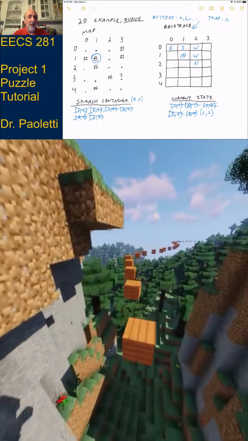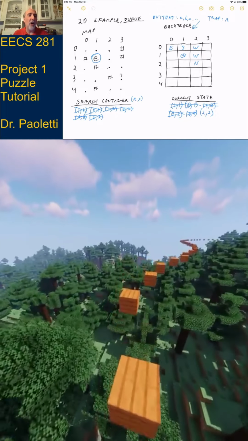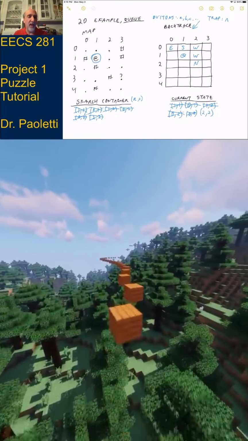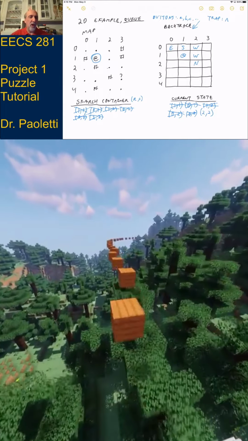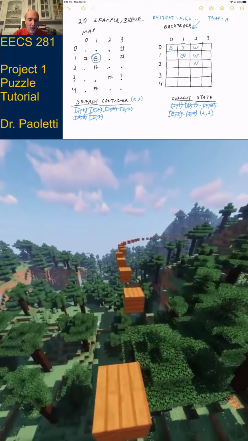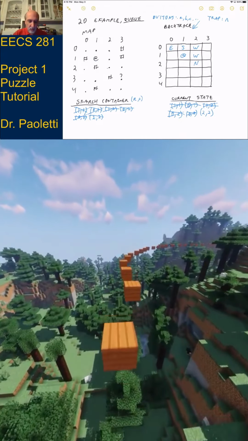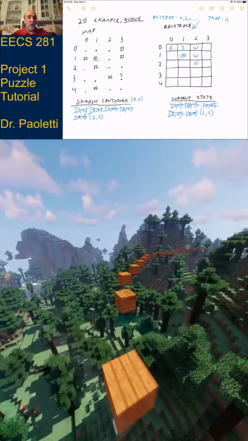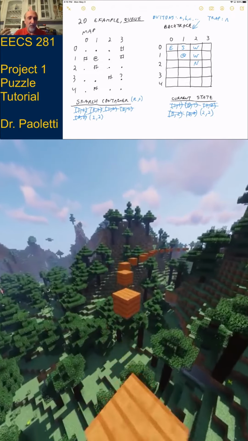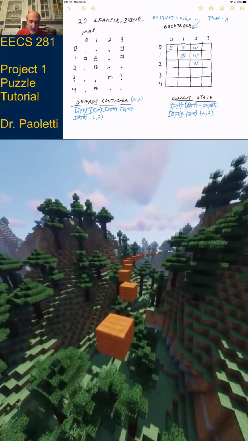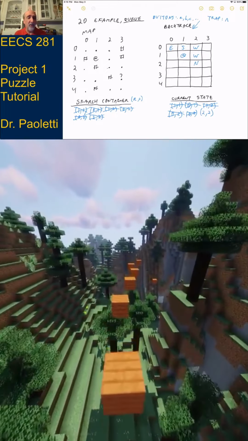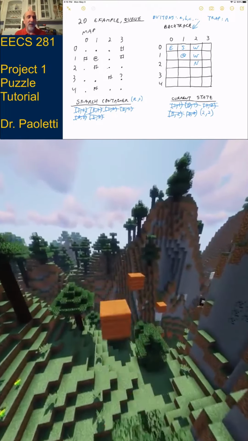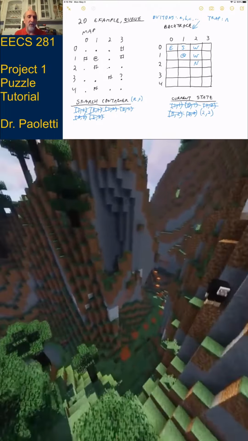Okay, so our current location becomes 2, 2, and we pop it out of the queue. But remember, this was in a loop. This was a loop that said while the search container is not empty. And a moment ago, the search container was not empty. So we entered the loop. The front of the search container becomes our current location, and we pop. We've got a location. We've still got places to look. We can look from 2, 2.